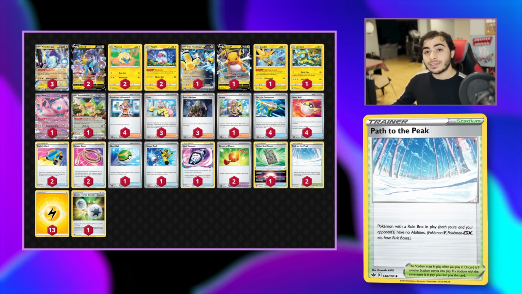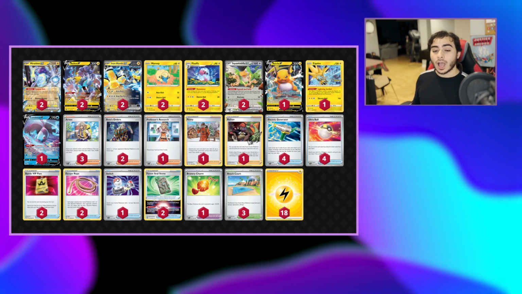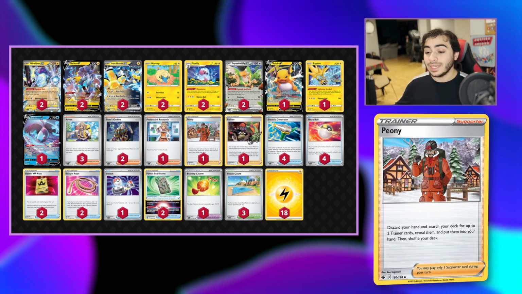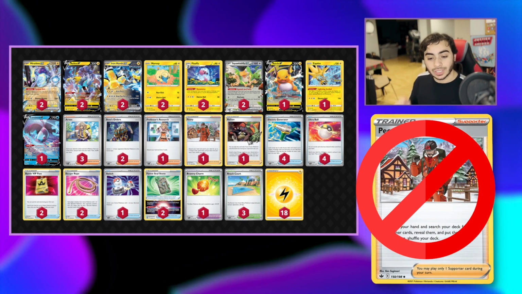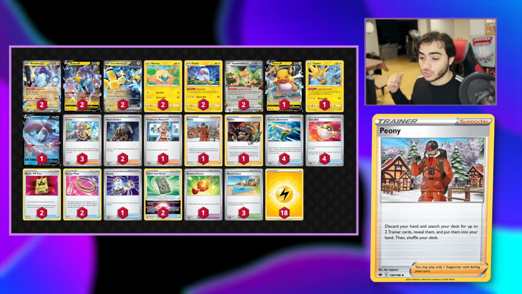And now the other way that we can play Miraidon EX right now is this more turbo version with Peony. This list is the 13th place LAIC list from Anil, and it plays 1 Peony, but I've seen a lot of versions of this deck play like 4 Peony and just continuously use them to discard your hand. You can get any 2 trainer cards, so you can get 2 electric generators and just charge your guys up